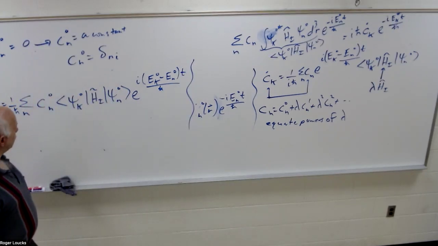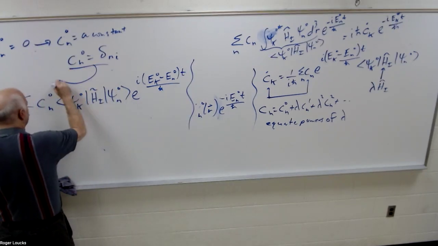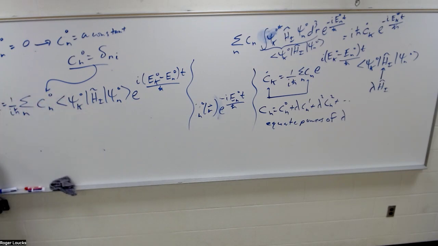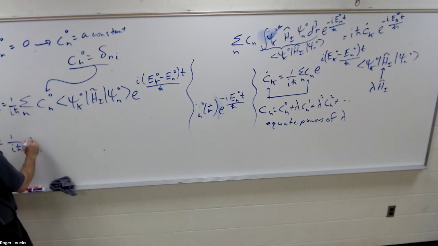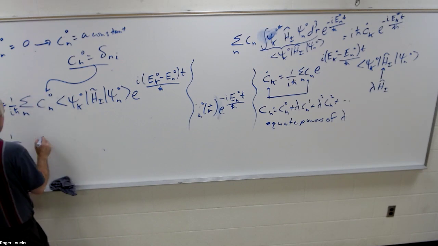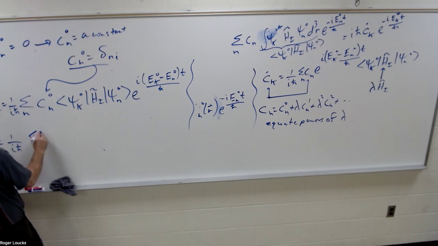That's what we had for the first order term. Then we took this and put it into here, and that gave us this. All the n terms are going to be 0 with the exception of when n equals i. So this gives us then